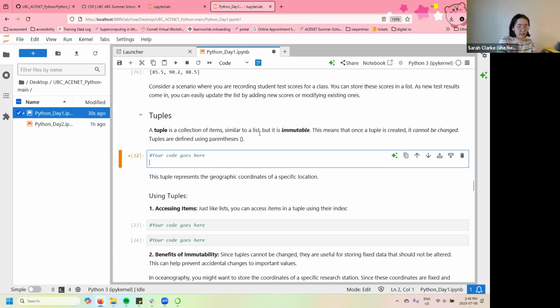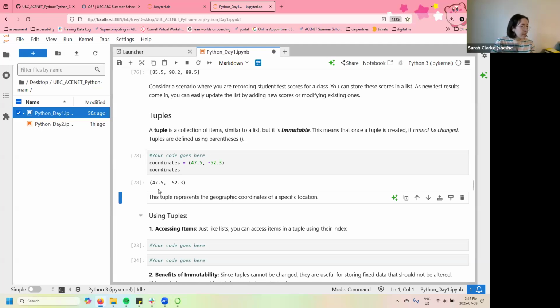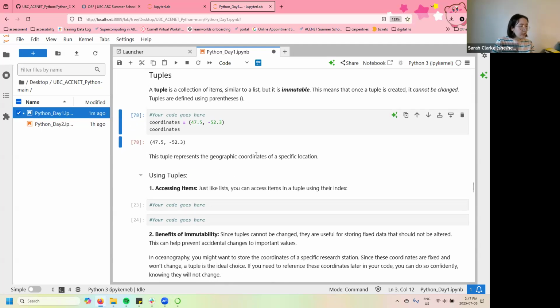So we can try one. We can set a tuple. We'll say coordinates equals, and now we'll use regular old parentheses, 47.5, comma, negative 52.3. Enter, and we'll call that, just to print it out, coordinates, shift, enter. And so here we have our tuple printed out, and this represents the geographic coordinates of a